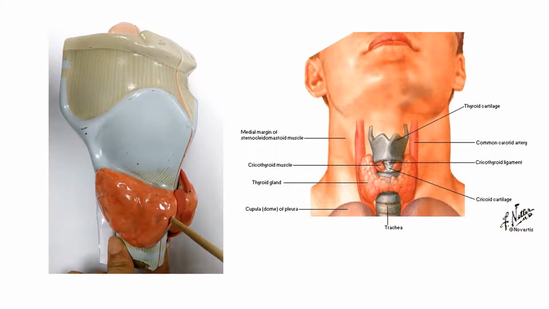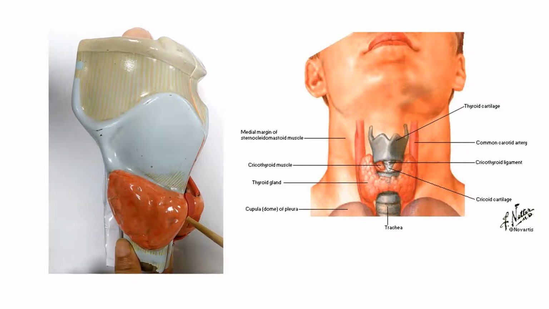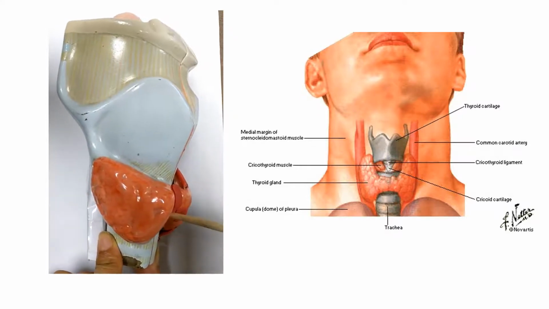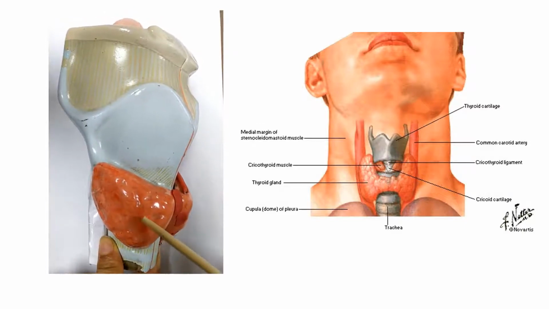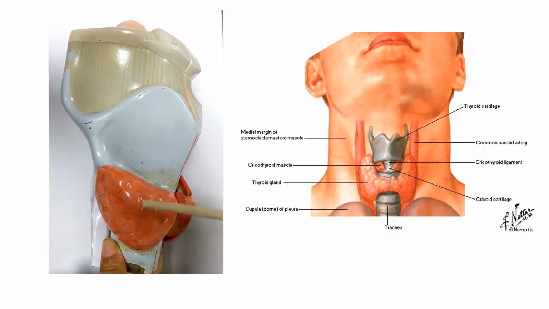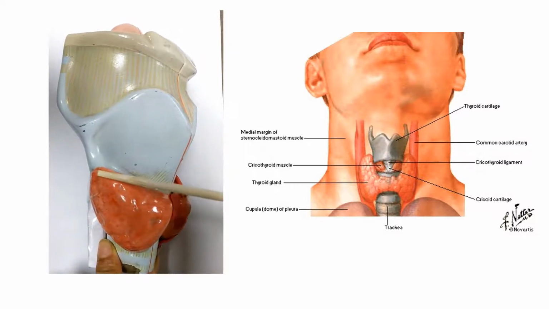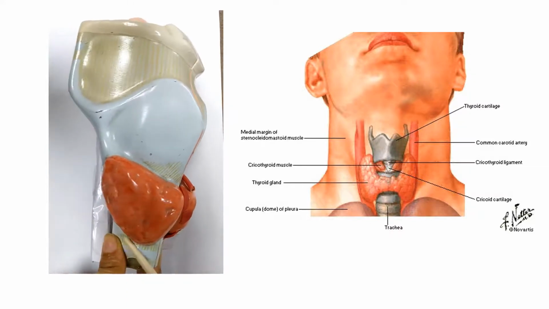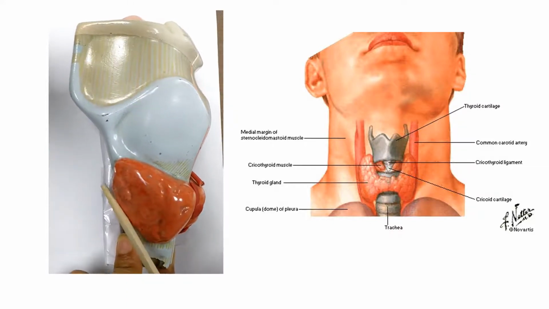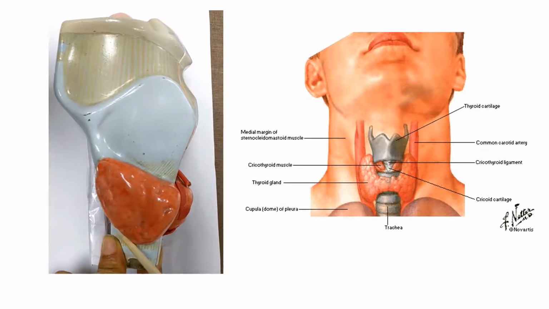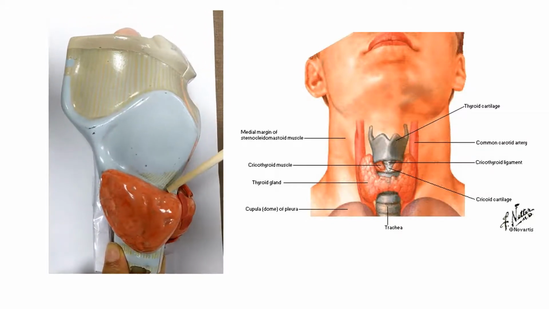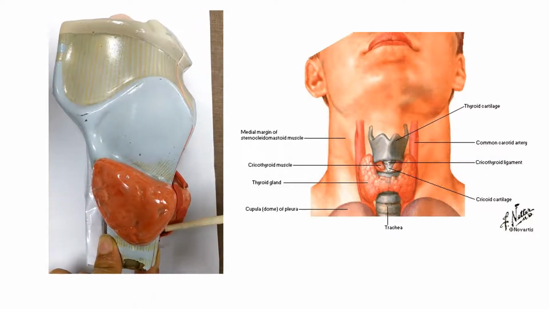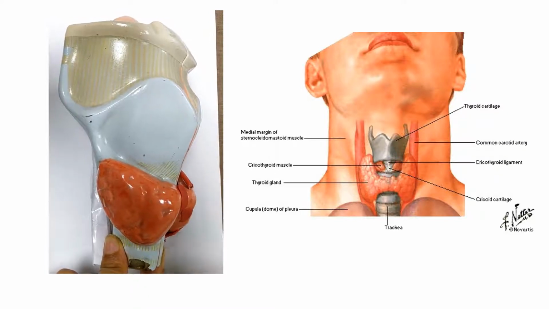The lobes of the thyroid gland are roughly pyramidal in shape. You can appreciate it's a triangular shape, and it has an apex over here and a base. It has three surfaces and borders. This surface is the anterior lateral surface. It has one more surface over here, the posterior lateral surface, and the surface which is in relation with the trachea is the medial surface.